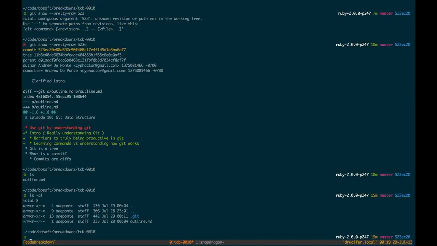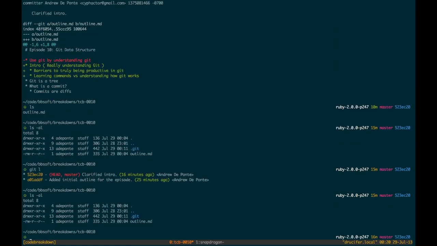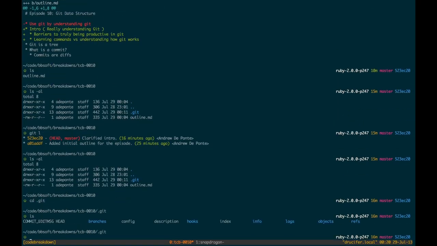Yeah. In actuality, you can even see that if we look at our tree right now, you'll notice we have master and head, right? Our tree is super simple. We have our origination commit, and then we have a commit that has a parent of that commit. But if we look inside of this hidden .git folder, and it's not recommended that you actually mess around inside of this folder,